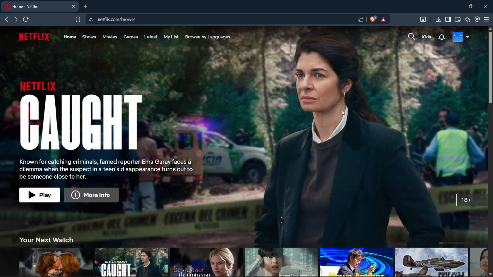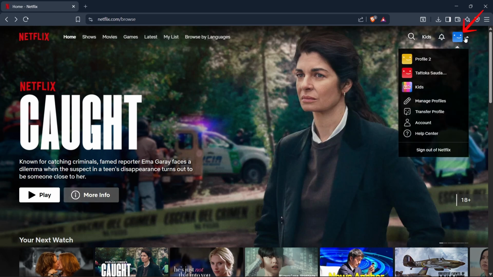you open Netflix, you are going to see a lot of options, and one of those is this profile icon in the top right corner. Just simply select that and then tap this account option. Select account,